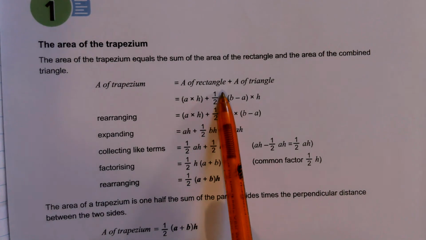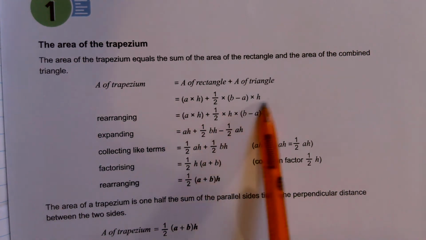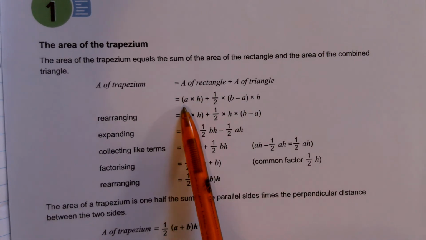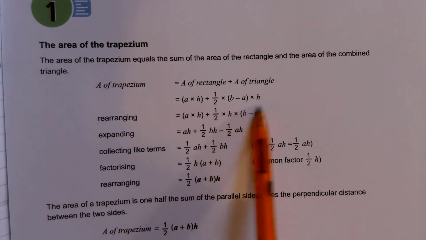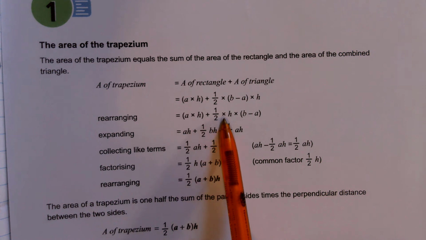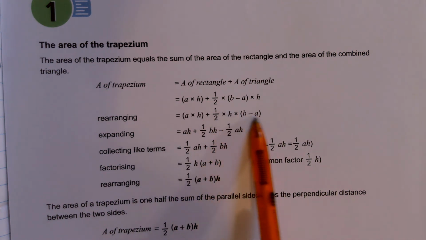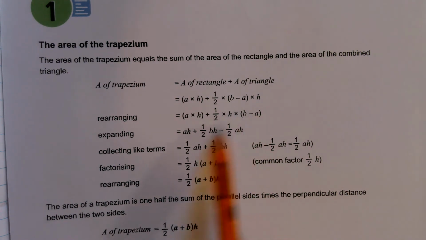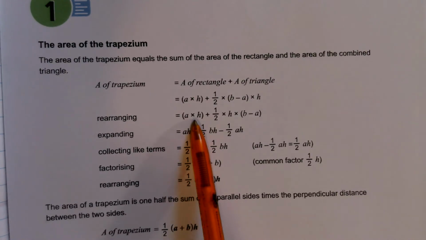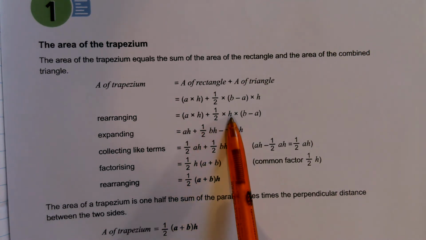So we've got the area of the rectangle and the area of the triangle that we made. So we've put both those formulas down, A times H and a half B minus A times H. And we use the law that we move things around when we multiply and it stays the same. So AH, we just simplified that, a half H